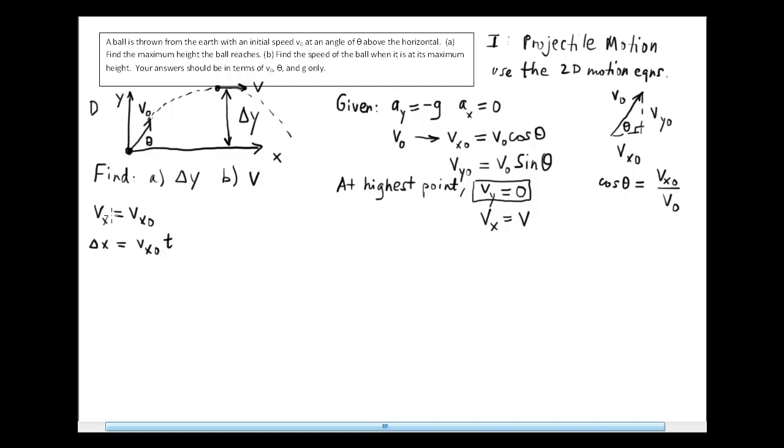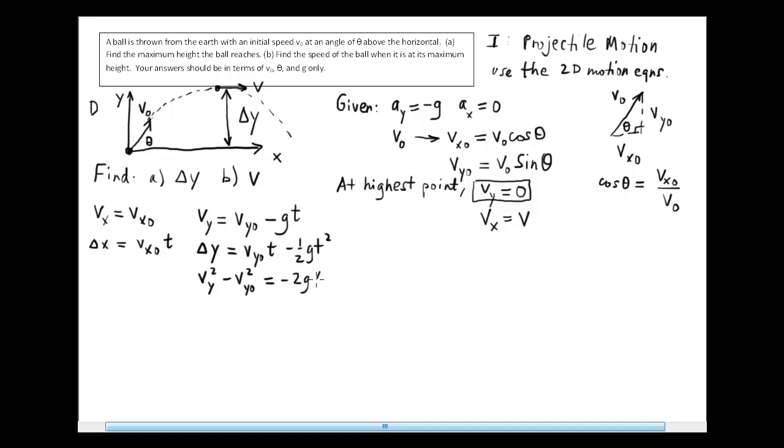And those are really the only important kinematic equations for the x component of motion. In the y direction, we can say Vy is equal to Vy0 minus gt, because the acceleration in the y direction is negative g. And likewise, delta y is Vy0 t minus a half g t squared. And there's one more equation I can write down for the y direction, Vy squared minus Vy0 squared equals negative